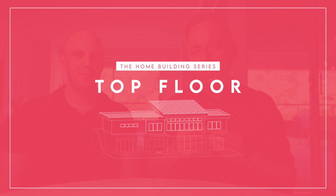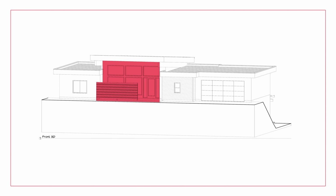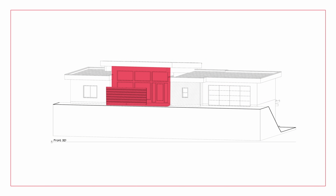So right away, it's not really a busy street, but one of the first features that I want to highlight is that we created a screen before you enter the home, a little area, like a little courtyard. We can put some plants, whatever. But the main reason for doing that is to block the main width of the foyer to the outside, to the street. We're planning on putting a slat wall feature there. If we didn't put something there, we think that the house, with such a huge wide foyer, would feel really exposed, and so we didn't want to do that. So we wanted to filter that out and